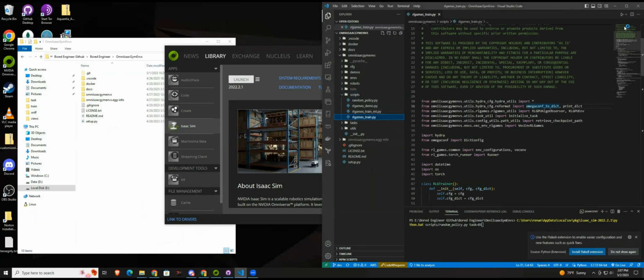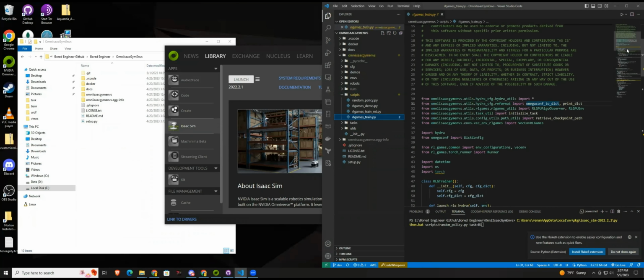Oh, this little window. Oh, there you go, minimize. Okay, so